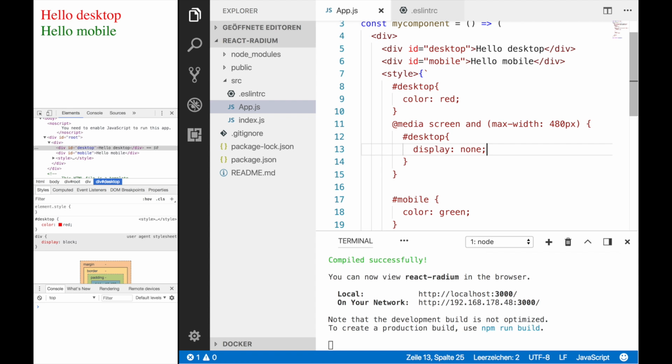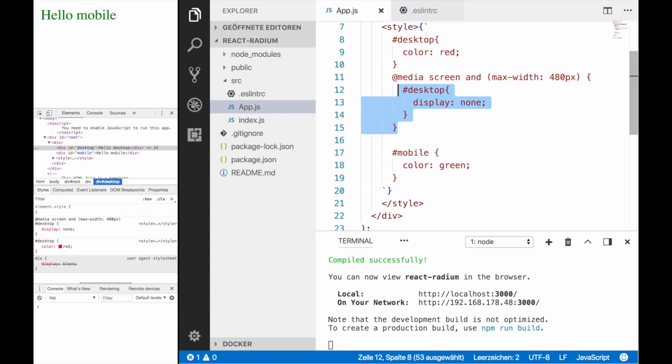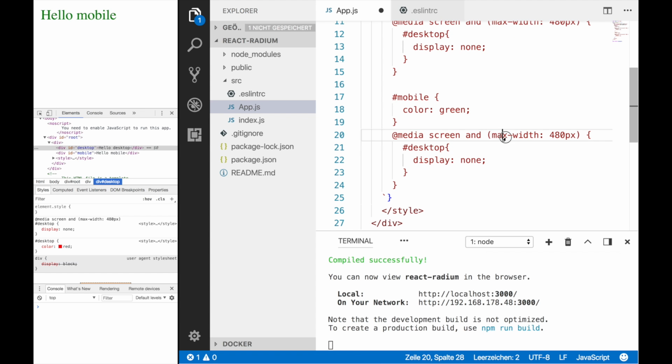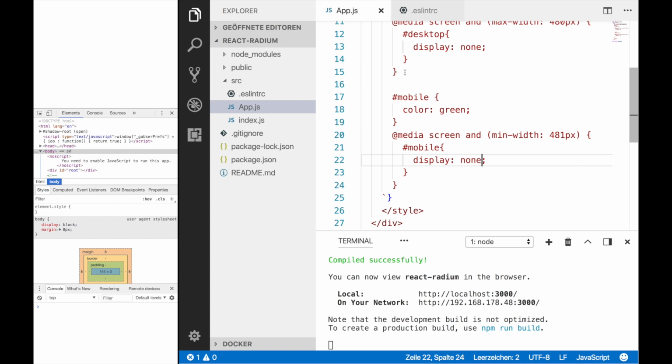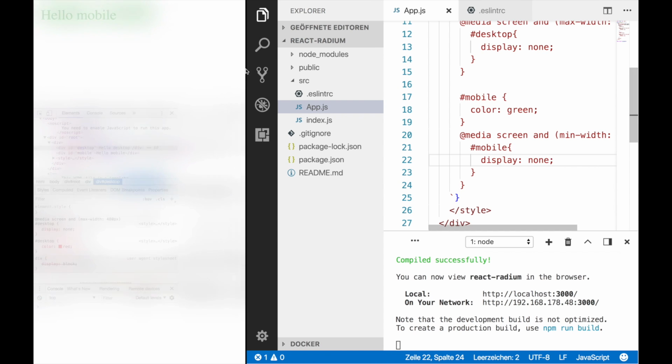Alright, so let's see if this works. See, this is gone, and we do the same thing for our mobile string. So now we go like 481 pixels and mobile and hide it. So if I change the size of our viewport here,